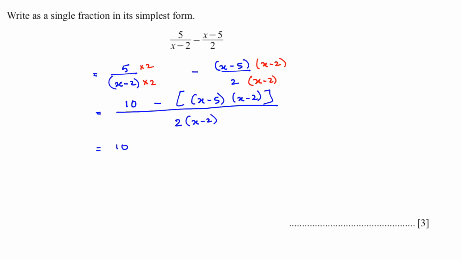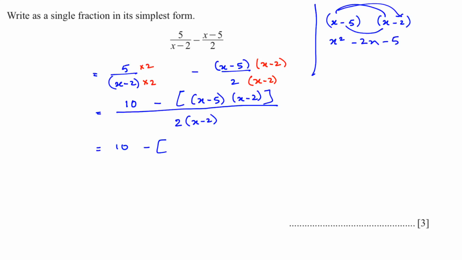We will expand the inside bracket. We'll do it on the side. X times x is x squared. X multiplied by negative 2 is negative 2x. Negative 5 multiplied by x, negative 5x. And negative 5 multiplied by negative 2 is positive 10. And when we simplify it, we'll get x squared minus 7x plus 10. That is what we'll write here, x squared minus 7x plus 10